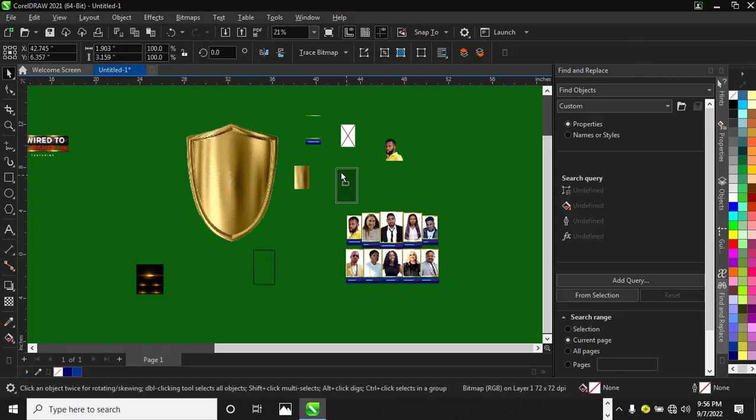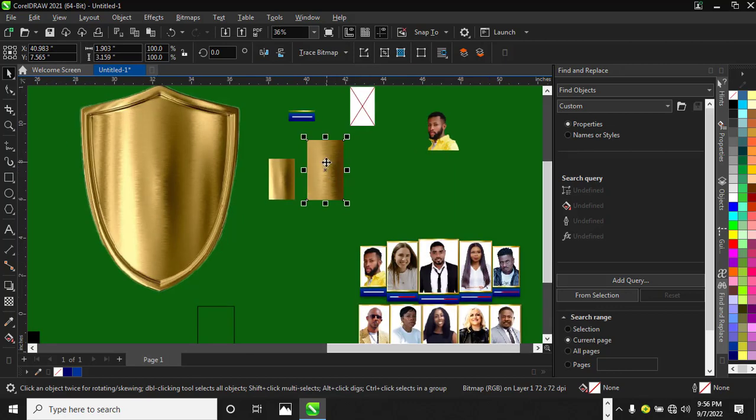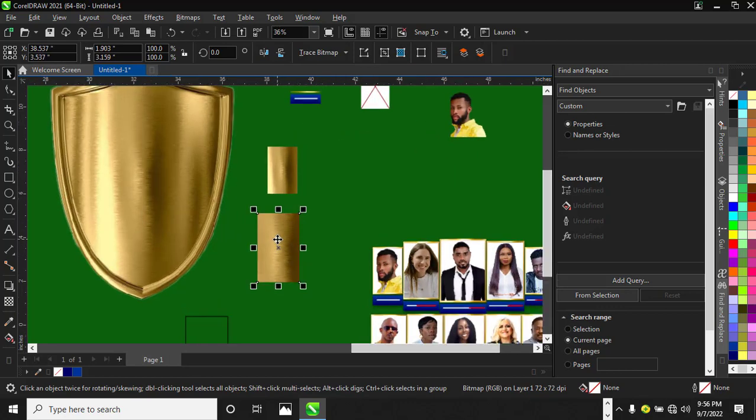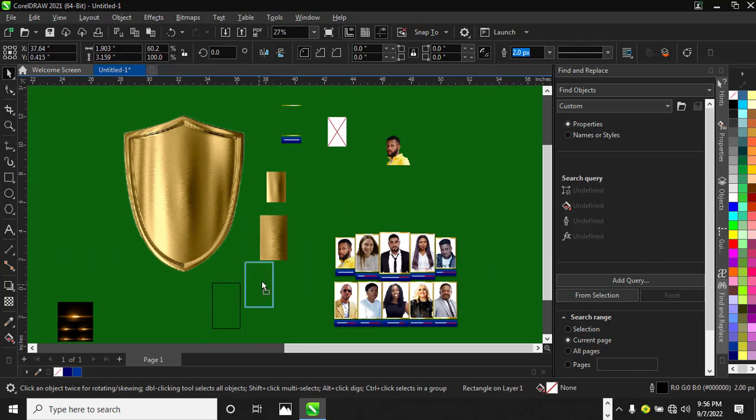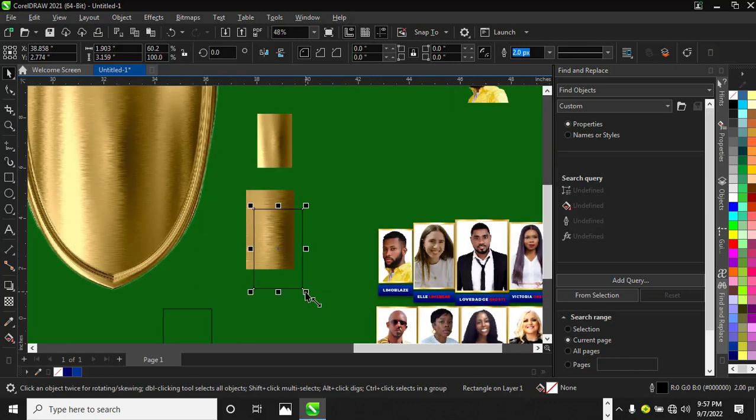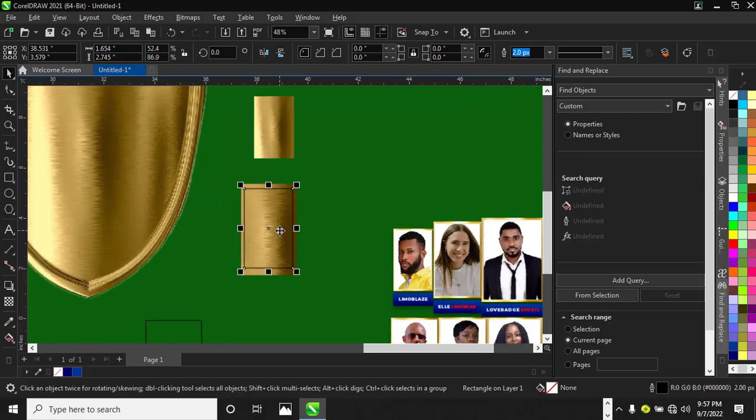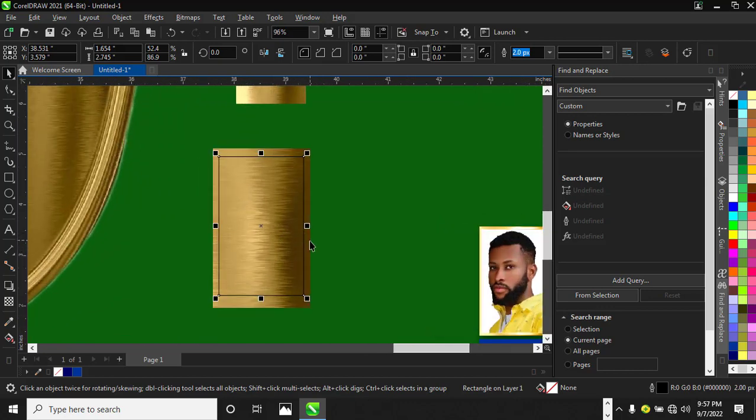So you can see that you have gotten it. So this is what I did. I measure that I gain this, and then the next thing I do is to duplicate this thing and make sure that I reduce it. You hold your shift and drag it inside. So this is how I did it, and